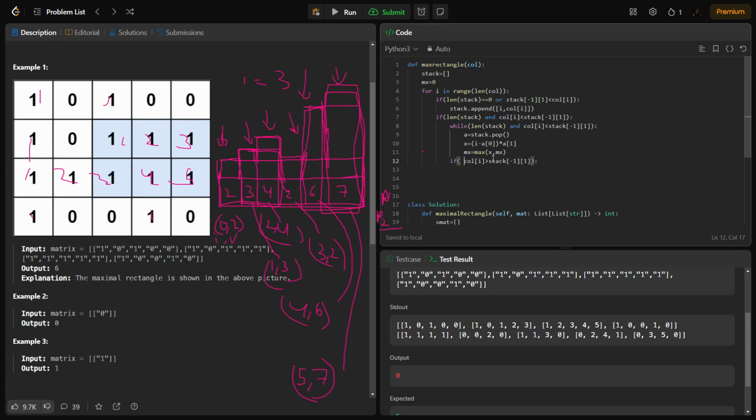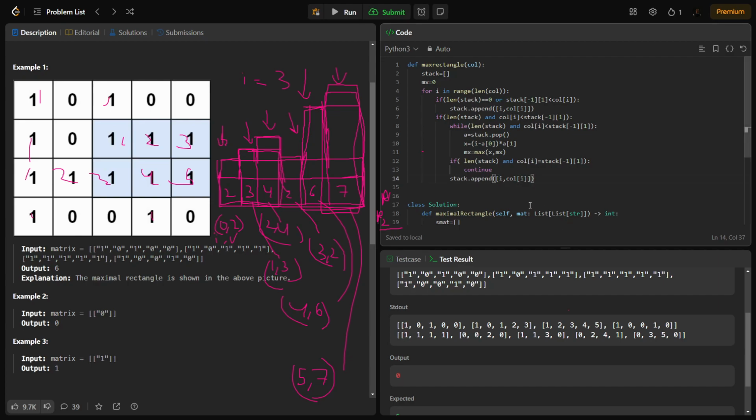If our stack is not empty and the current element is equal to the topmost element, then we have to do nothing. That means we have to continue, right? Else, if it's not the case, what we'll do, we'll simply append i comma column of i,